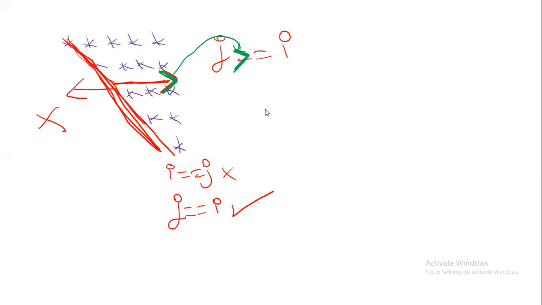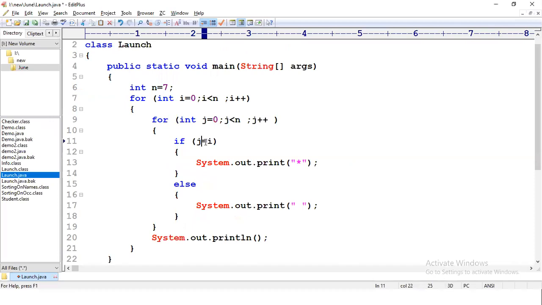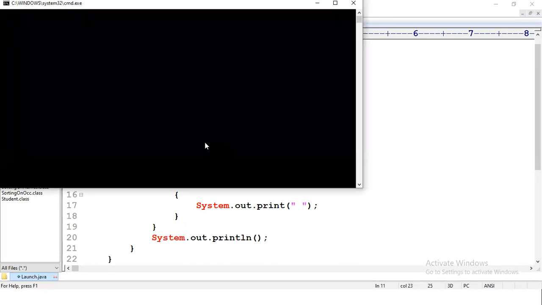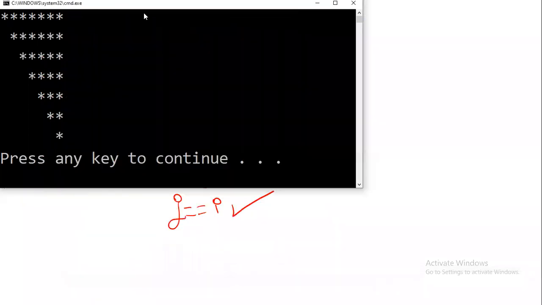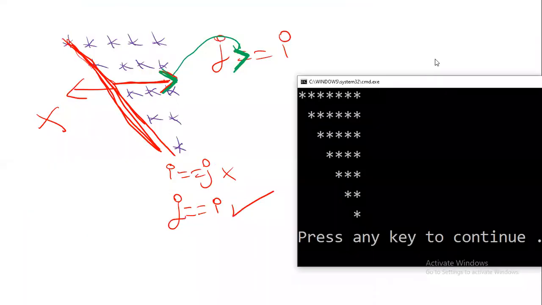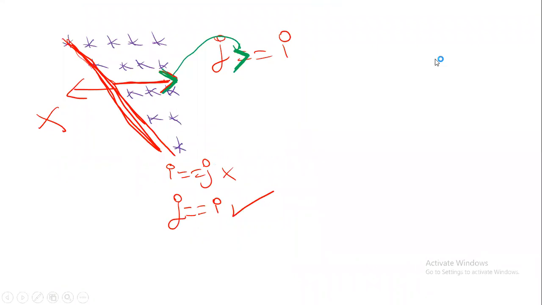So Shirshendu, did you understand what I'm telling here? So you have to tell j is greater than or equals to I, so that we'll get that output. Let's see. Now, if I compile and execute, see we have got that output. If I go to the diagram and show you the output, both are same. Agree? Yes. If you have understood, please comment you have understood. And in the meanwhile, you can take the screenshot.